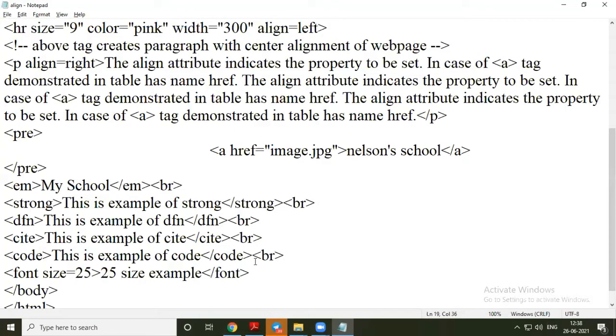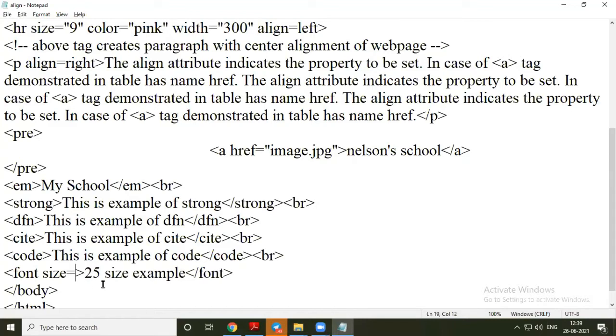Apart from the H1 to H6 heading levels, if you want to show font in some other size, at that time we can use the font tag. This is the font tag or font element, and the attribute that we can use to define size is the size attribute, and the value is a numerical value for that font.